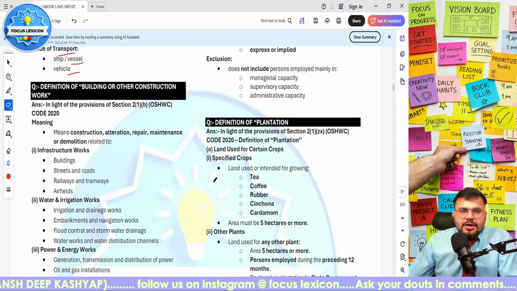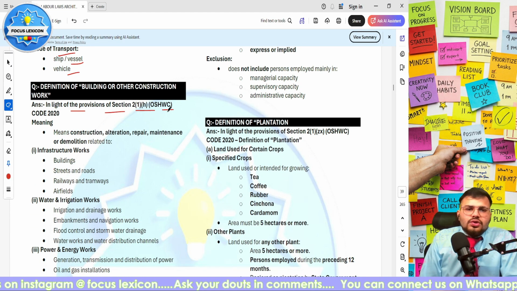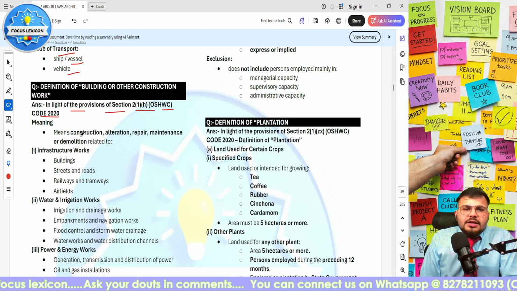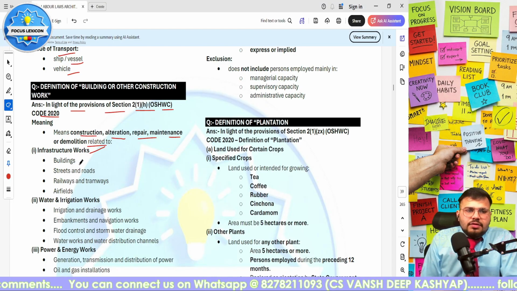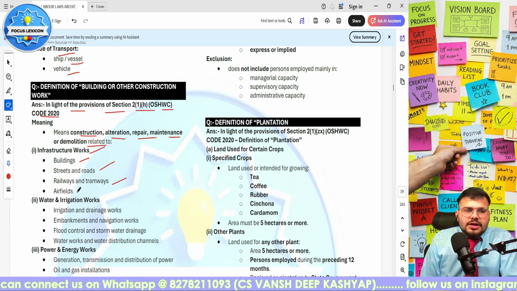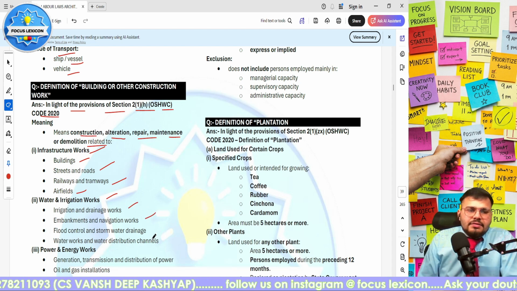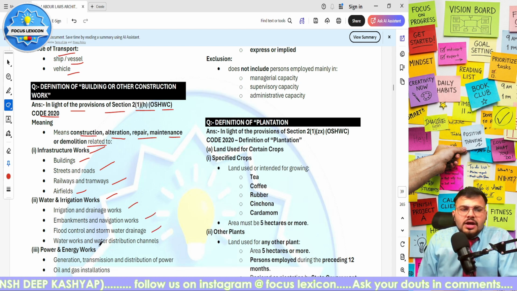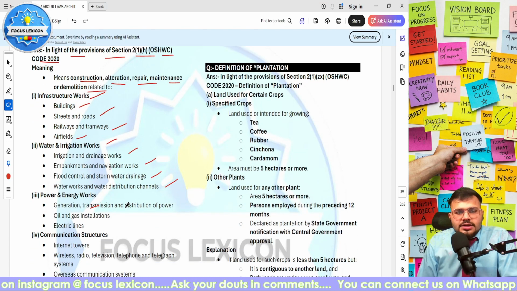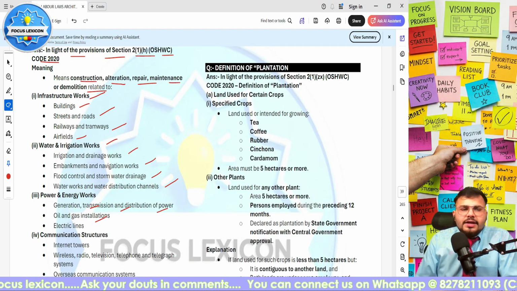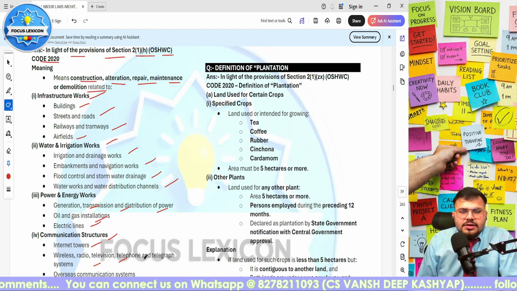Next is the definition of building or other construction work. So how will you write this? In light of provisions of section 21H of OSHWC Code 2020, it means construction, alteration, repair, maintenance, or demolition related to infrastructure works, buildings, streets and roads, railway and tramway, airfields, water or irrigation works, irrigation and drainage works, embankments and navigation works, flood control and storm water drainage, water works and water distribution channels, then power and energy works: generation, transmission, distribution of power, oil and gas installations, electric lines, then communication structures: internet towers, wireless radio, television, telephone, telegraph